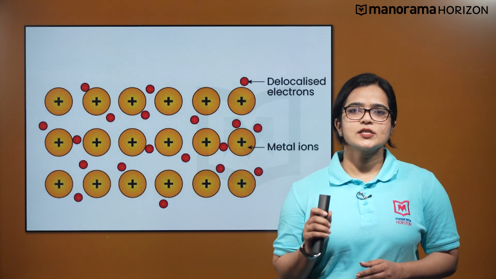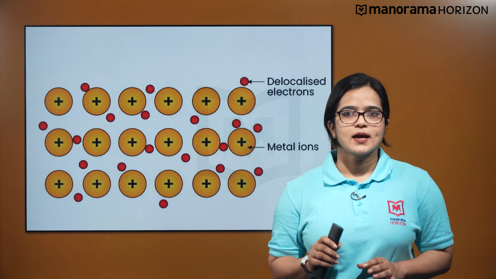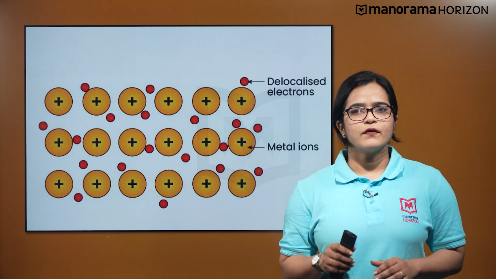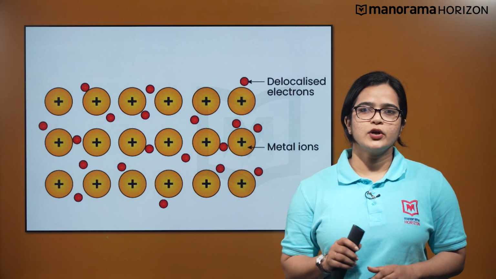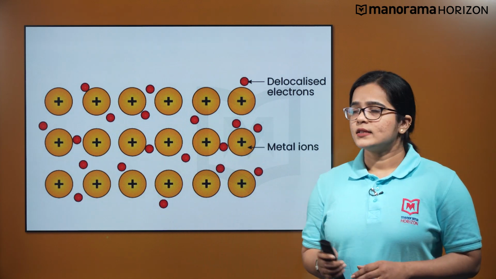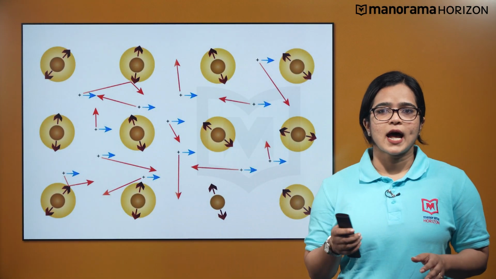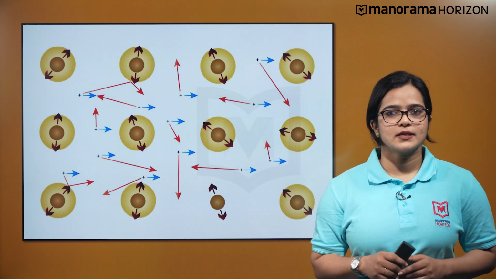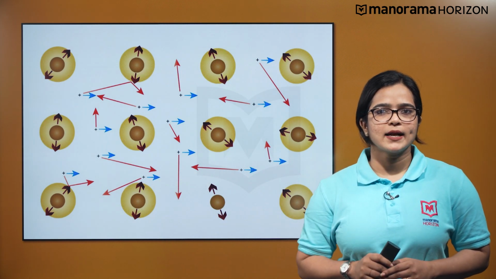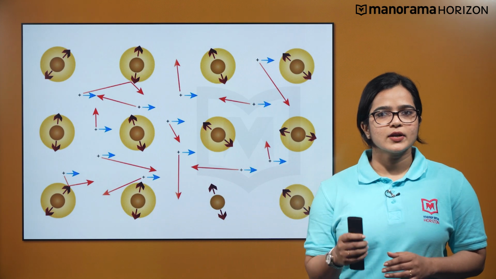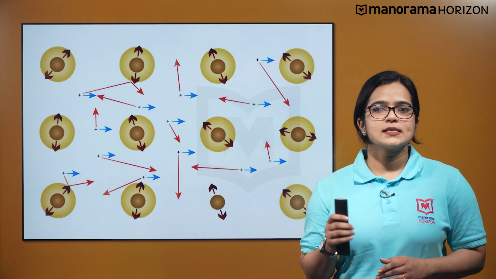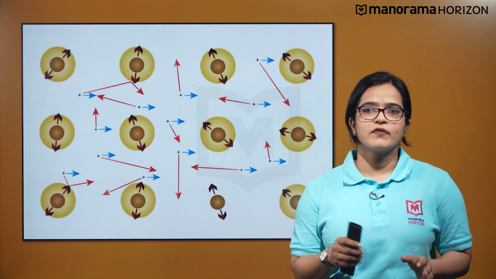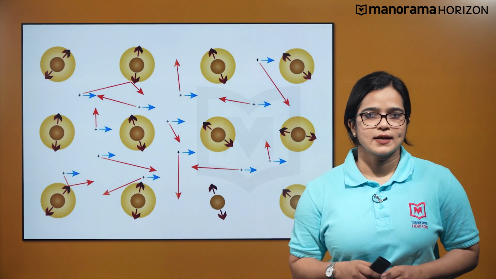Solid conductors such as metals have loose electrons at their outermost orbit. These electrons can freely move across the conductor due to thermal motion. These free electrons can collide with each other and also with stationary ions, randomly changing directions. Without any applied electric field, the net electric current always remains 0, since the number of electrons moving in any direction will be equal to the number of electrons moving in the opposite direction.